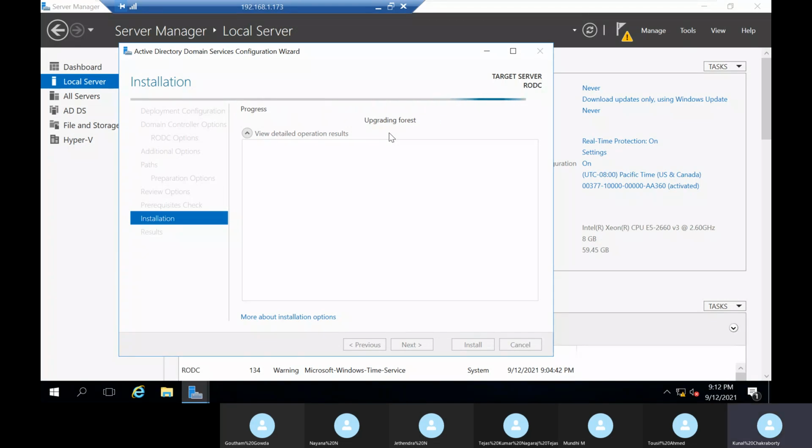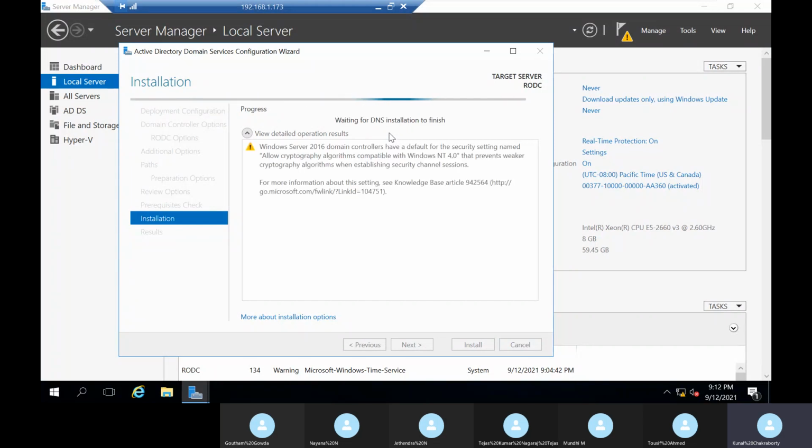Now as you see the name, read only, that means what? You don't have the write permission on that server. It's read only. In DC, we can create users, we can give permissions, whatever we want, right? But in read only, you don't have the permission. Whatever is done in Active Directory will automatically transfer to the RODC. But in RODC, you cannot do any changes. For that, you need to change the domain controller. I will show what to do.